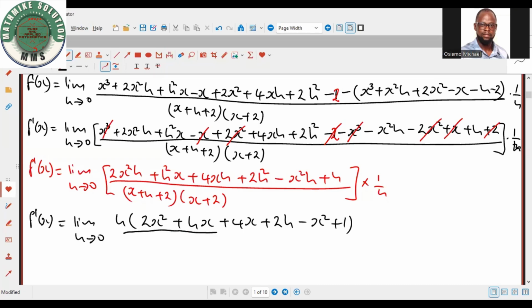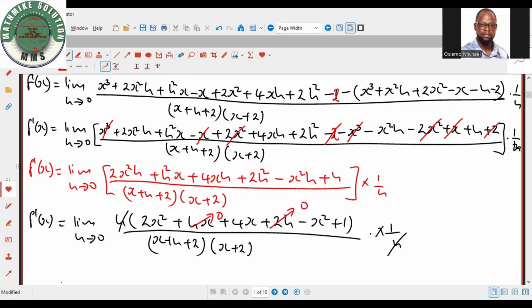Then all this over x plus h plus 2, and then x plus 2. We multiply all these times 1 over h. So this h here and whatever you have factorized will cancel. Also again, you realize that h is tending to 0. So wherever you have h, it will go to 0. All this will go to 0. So we remain with f prime of x being equal to 2x squared plus 4x